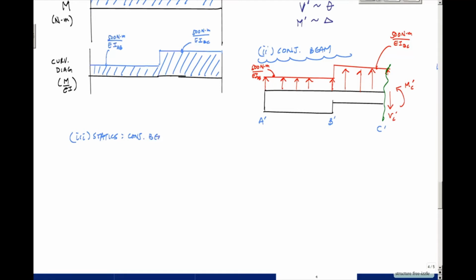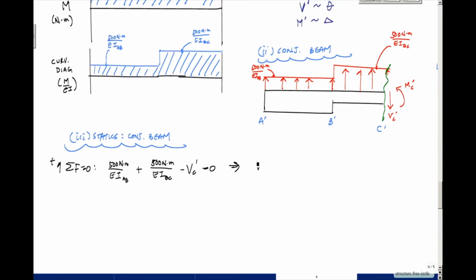I want to determine that VC prime and my MC prime. So here, if I do sum of the forces in the vertical, I'll say this is equal to 0. Right here, I would get 500 Newton meter over EI AB plus 500 Newton meters over EI BC minus VC prime equals 0. And that tells me that VC prime